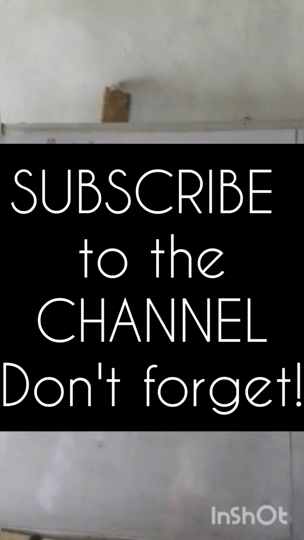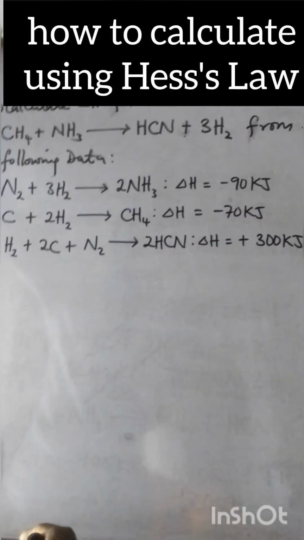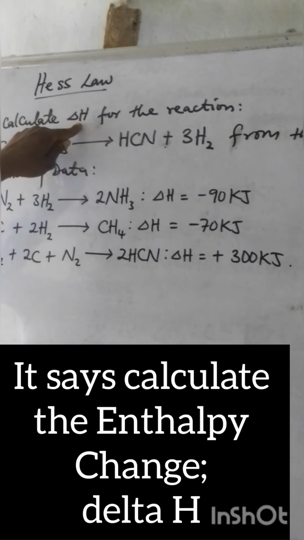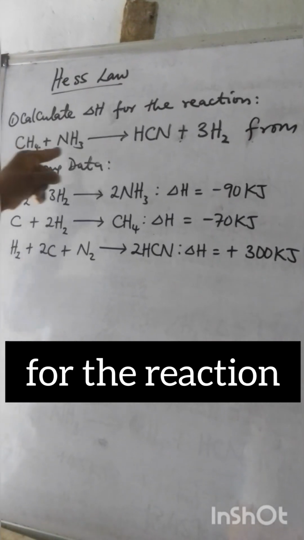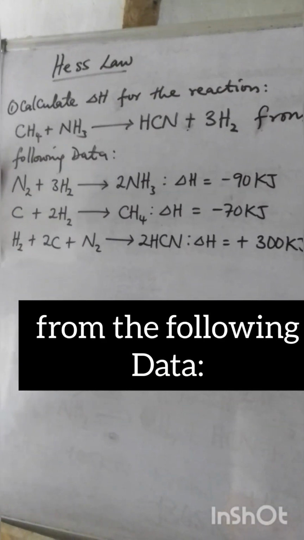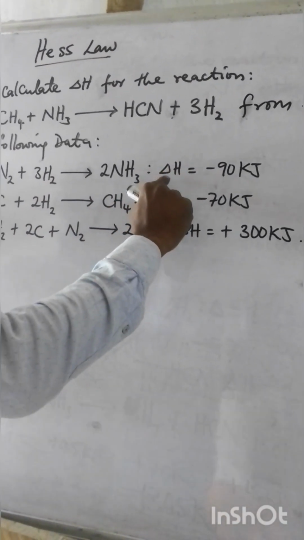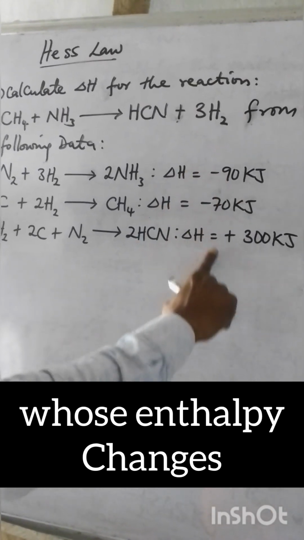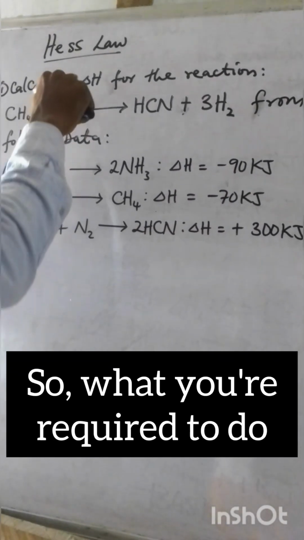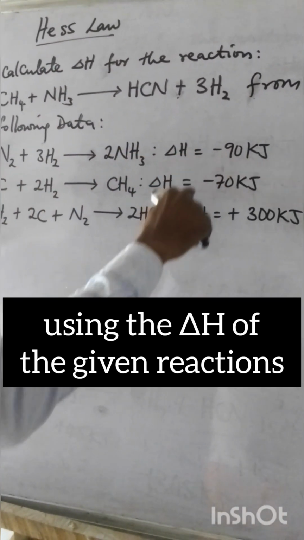Today, we want to look at how to calculate using Hess law. Look at the question. It says, calculate the enthalpy change ΔH for the reaction. This is the reaction, from the following data. These are the reactions whose enthalpy changes are already given. So what you are required to do is to calculate the enthalpy change for this reaction using the enthalpy changes